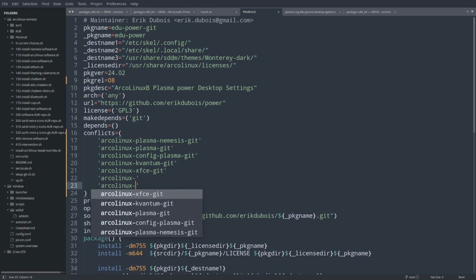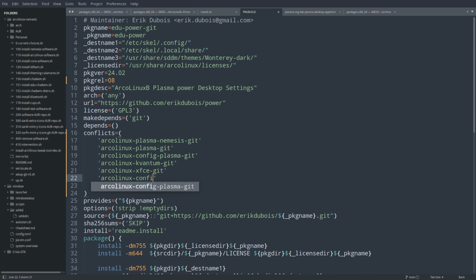So config all desktops, config all desktops git, and the other one is config all desktops git, yes, and again ArcoLinux GTK 3, ArcoLinux GTK 3 surfn